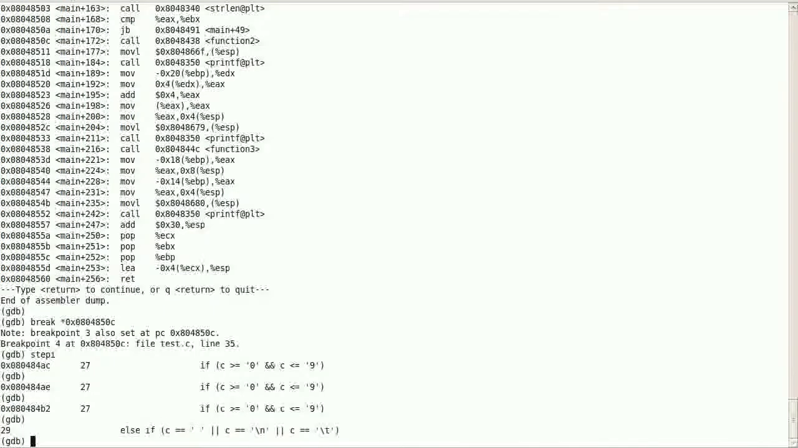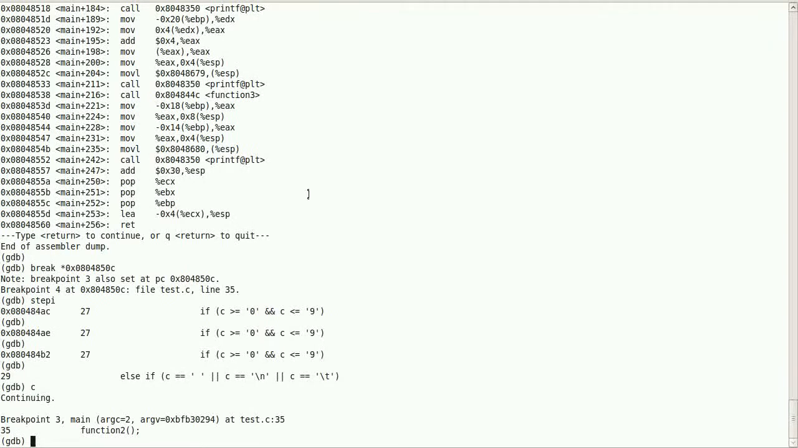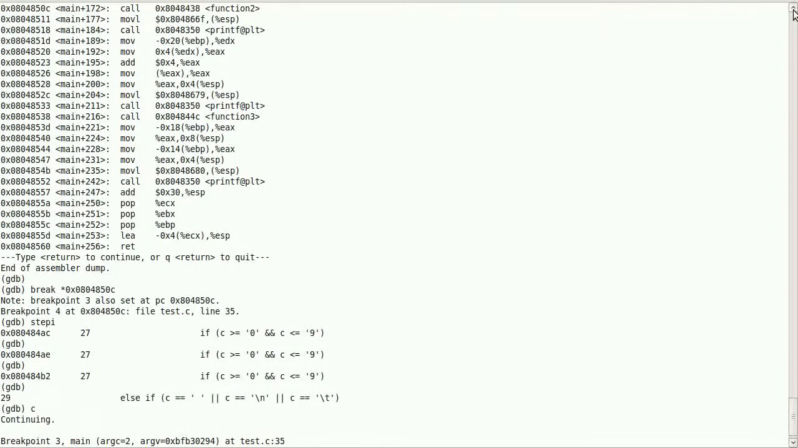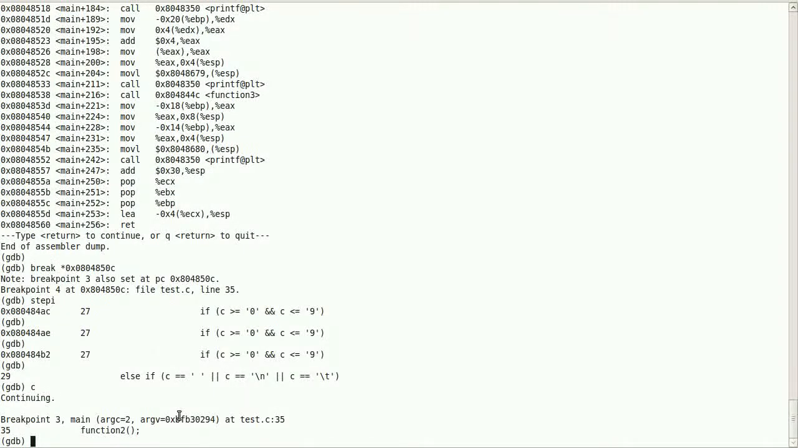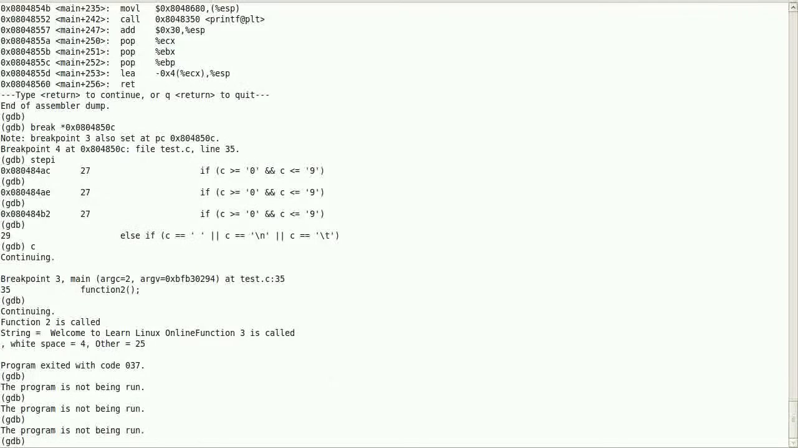Now when I run the code again with continue, it stopped at function 2, which is where we have placed the breakpoint. It is the same that we have given. We have placed it there at 850C. It is calling function 2. Now it breaks at the calling of function 2. Okay, and what else? And you can